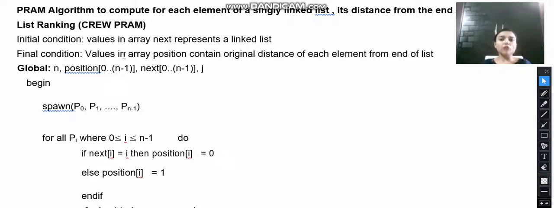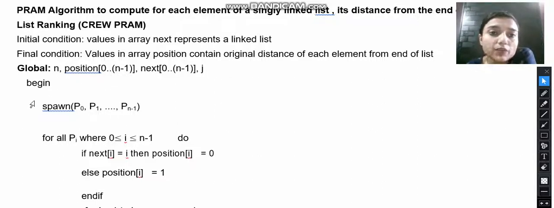So initially we have two arrays, next and position, and a variable n and a variable j.